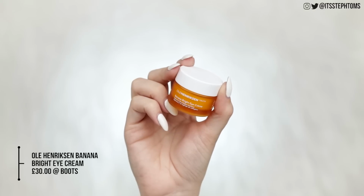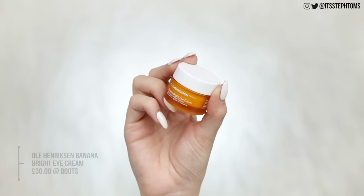I've really been liking it. So this is the Banana Bright Eye Cream, the one that everyone's been talking about. I know, I'm hopping on the bandwagon here, but this stuff is really good. It's really glowy and I love it. So basically I'll take a little bit on my nail here and pop that